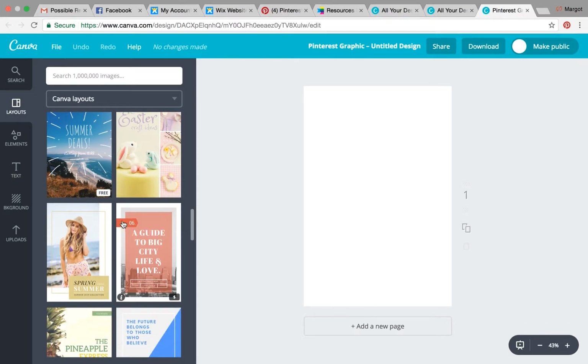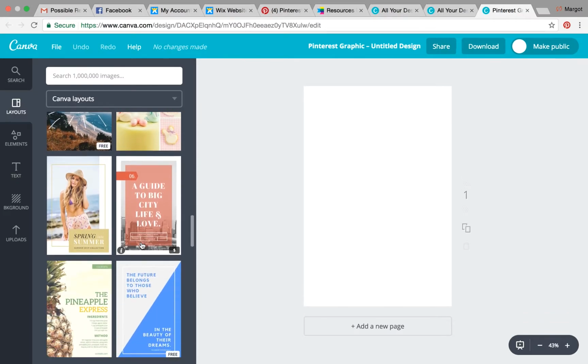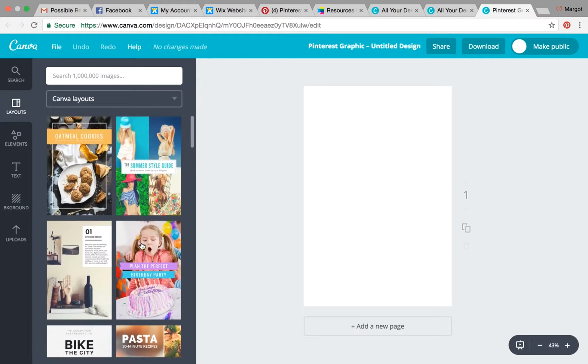You can see they've got collages here. They've got even great little design elements. So even since I am a graphic designer, I still don't want to work that hard when I'm doing these images. I've got a set template that I want to use. I've got a set look for my branding that I want to use. This is a nice place to start, though, if I just want to look at some inspiration to do something a little bit different. So I actually know what my branding is, so I'm going to do something a little bit different,